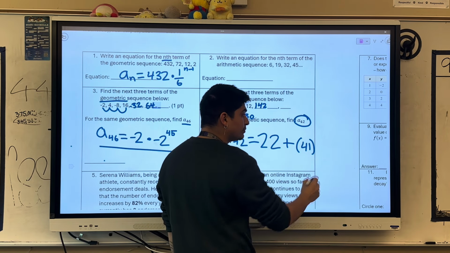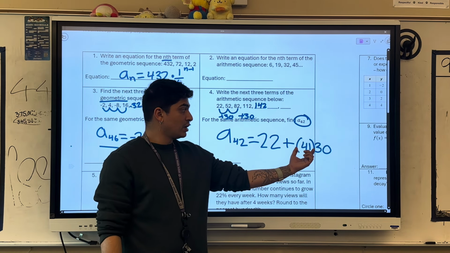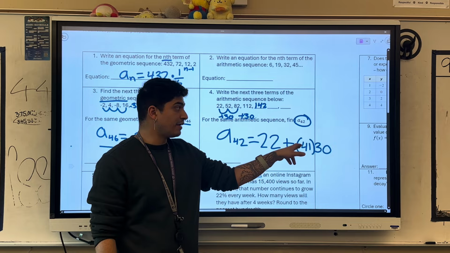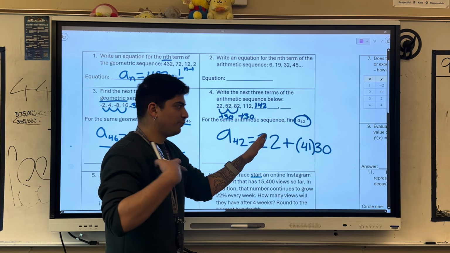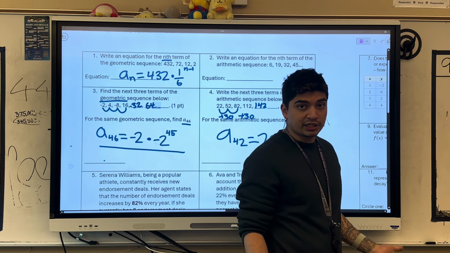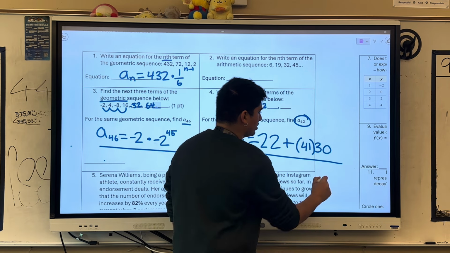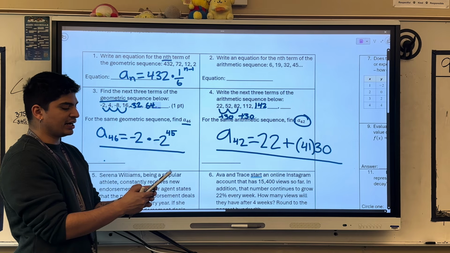41 times 30, right? The reason why this works is because each step you take, you're doing 30, and we're doing that 41 times, because you're starting on the very first number and you are doing 41 steps of 30 each time. That's why it's 30 times 41. And then this would be your answer. Obviously, this one you could actually solve, and it would give you an okay number, 41 times 30,